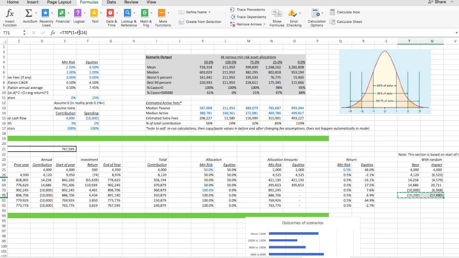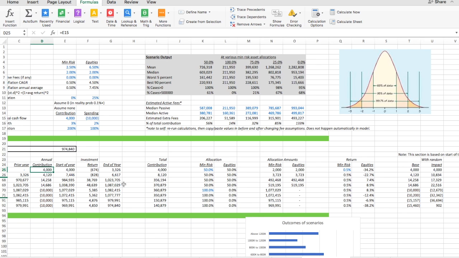So now there we have it. So now we've calculated it down, and we see that the contributions with the random impact and the spending of withdrawal with the random impact really changes quite dramatically. What we need to do now is to put this number back into the model. So this number, and keep in mind these numbers out here are beginning of year numbers. But I want to do one other thing before I do that, and this is where it gets a little